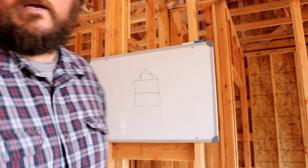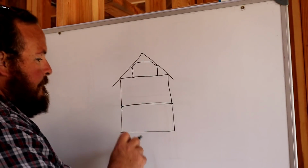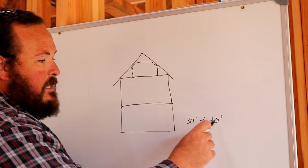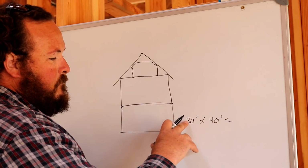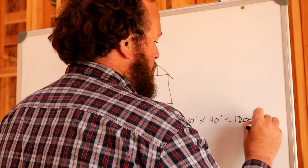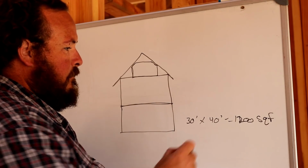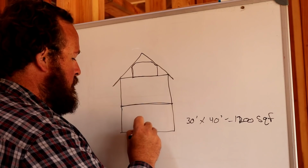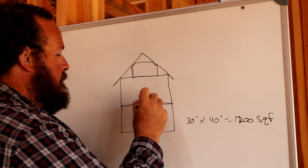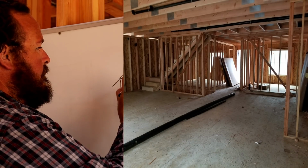So I'm not sure if you can see that. I'm going to try and zoom in for you. Oh, that's a beautiful picture right there. So we were 30 foot by 40 foot. If you take that, that equals 1,200 square feet. So that means in the basement we had 1,200, and upstairs on the main floor we had 1,200, and then upstairs in these attic trusses it was,